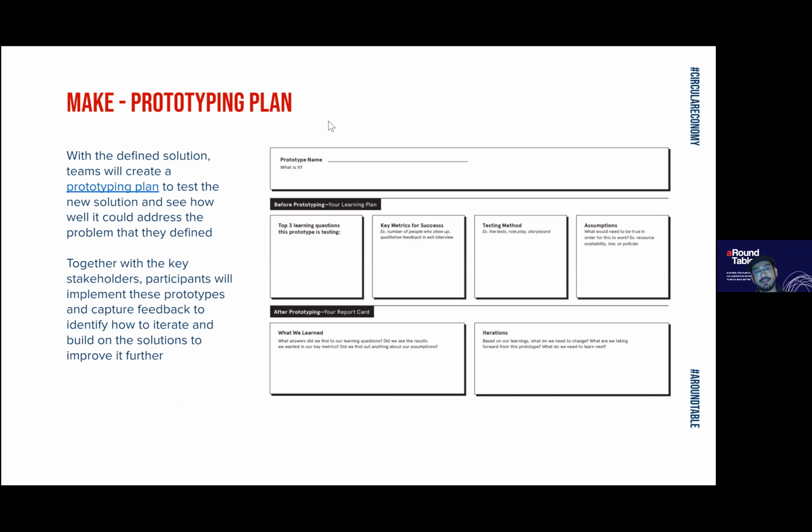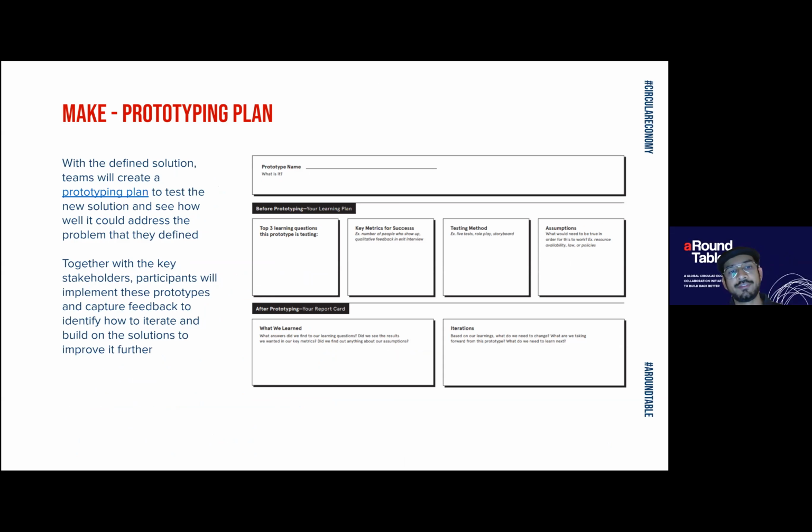And with this step as well, it's really important to create a plan for developing prototypes and testing this process. So in this step, teams that participate in the roundtable will also create a prototyping plan in order to see what solution they're testing, what they want to learn from the prototypes they develop, how they are going to test it, and how they can gather feedback in order to iterate and refine their solutions to make them more effective for the communities that they're working with.